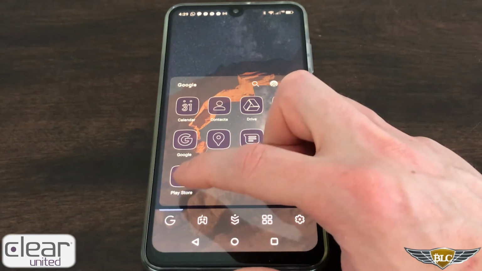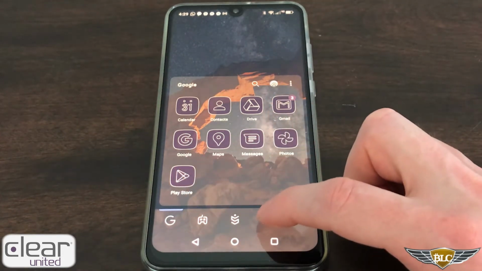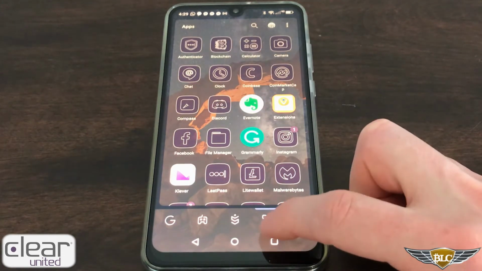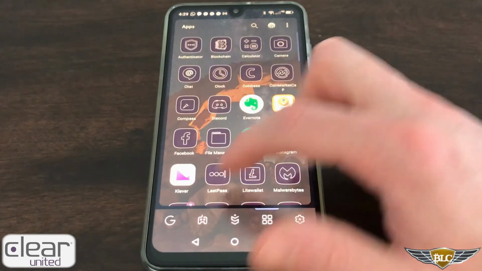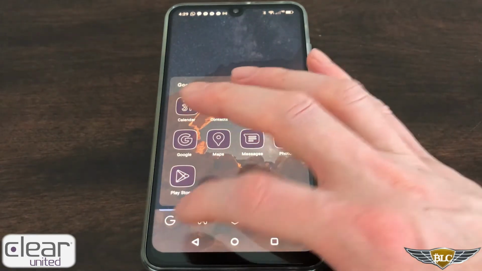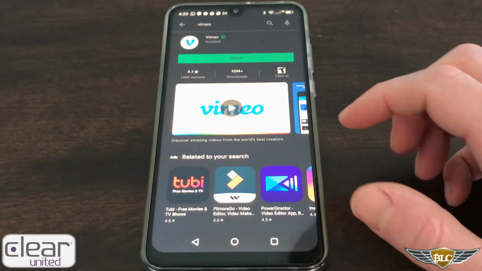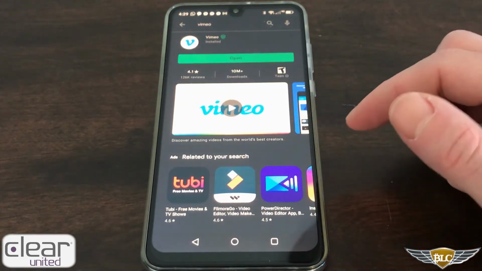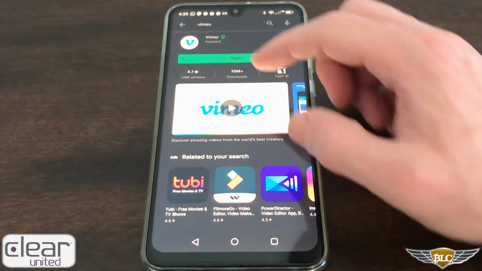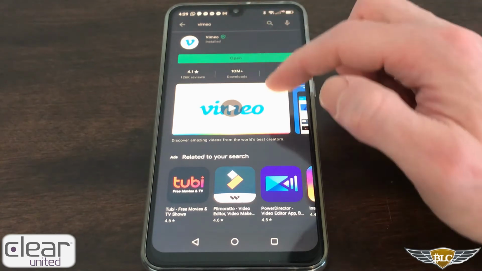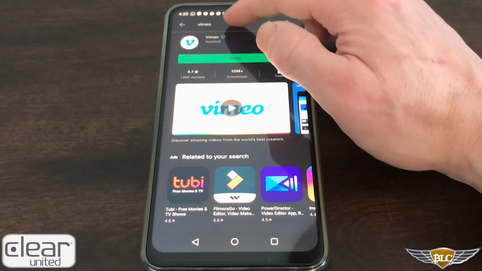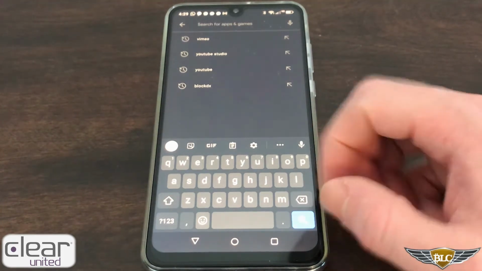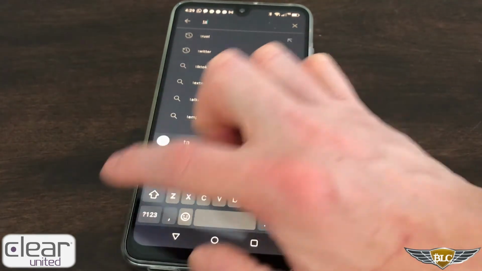Any apps you download from the Play Store are going to be accessible in the list via this icon I just clicked again with the 4 squares. They end up showing up here. So go back to the G, click the Play Store, and just like you're familiar with on Androids, this is the Google Play Store. You can use the search up here. I had already searched for Vimeo earlier, which I downloaded. And you can get any type of apps that you need from here.